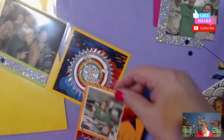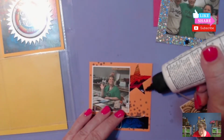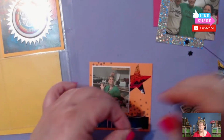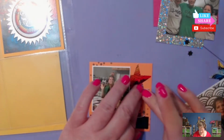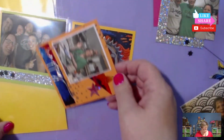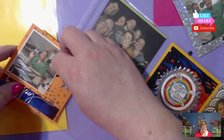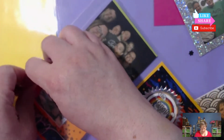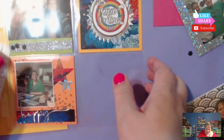Oh, we have to put that last star in. I didn't get any opinions on that, so I'm going to put it down at the bottom. Okay, now we can slip it in. Look, we're almost done with this side. All right, so then on our last little section,